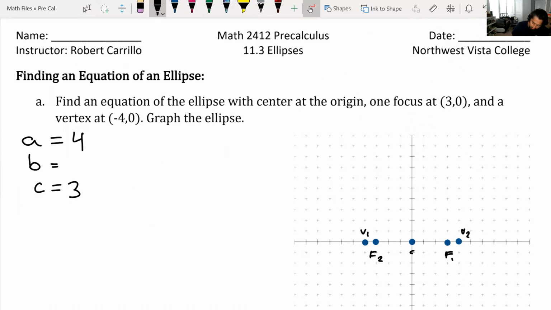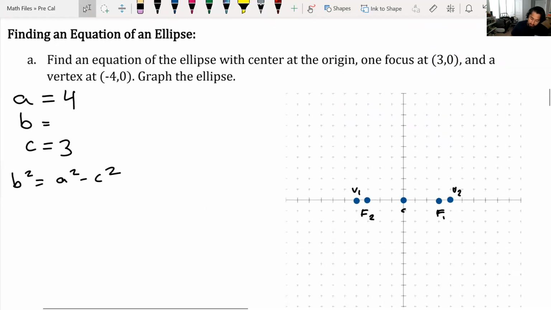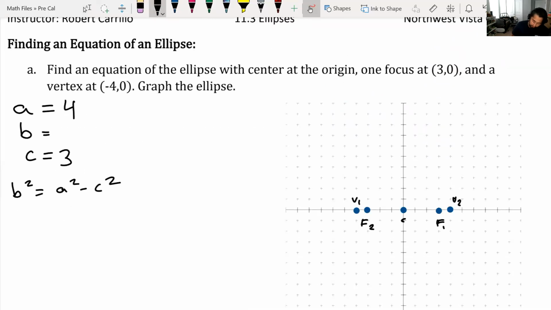Just plug in the values that you know. B squared equals A squared, which is 16, minus C squared, which is 9. So B squared is 7,